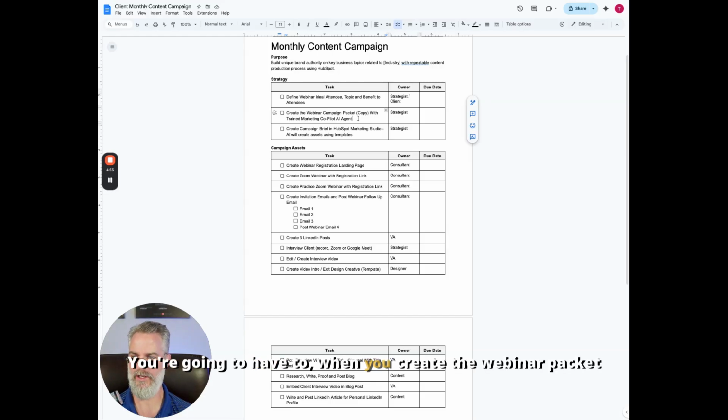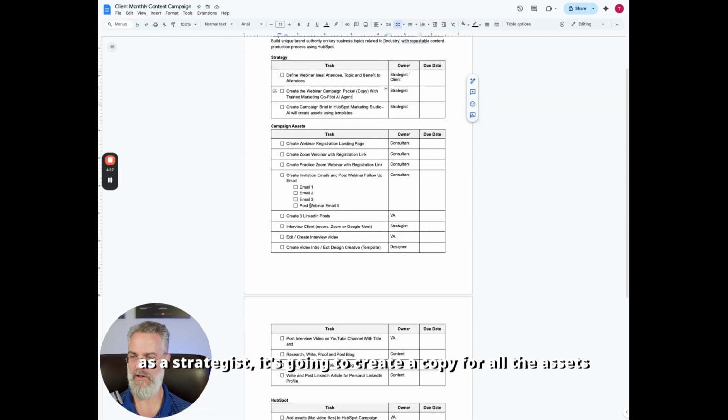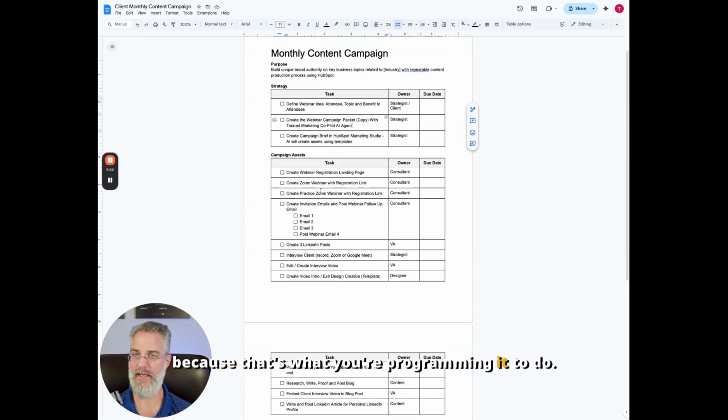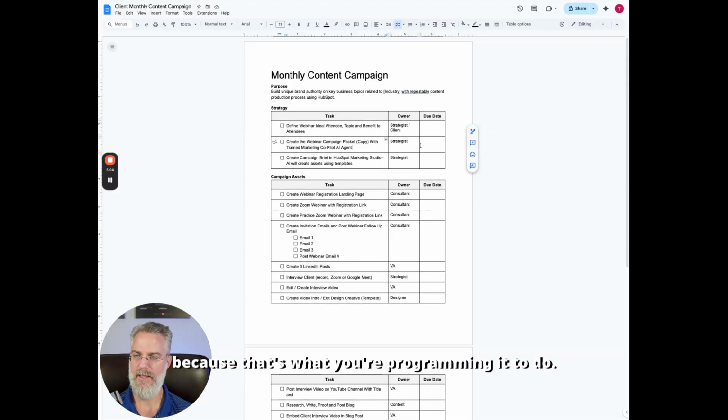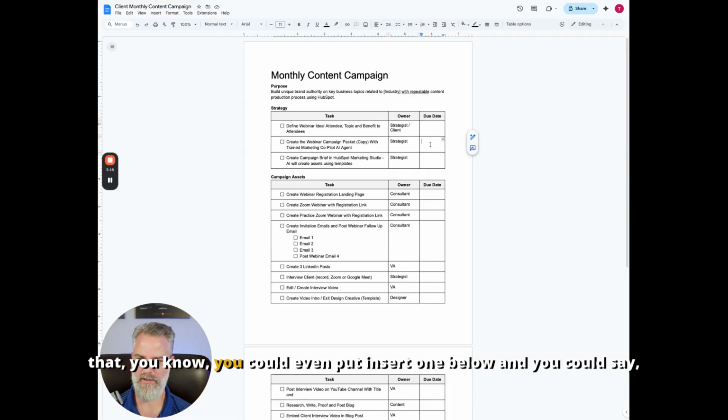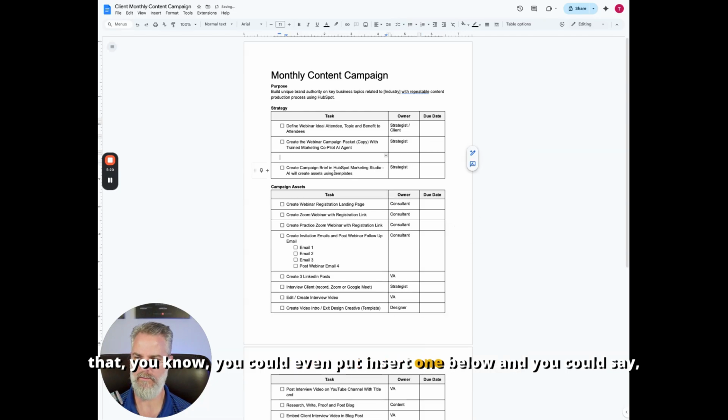When you create the webinar packet as a strategist, it's going to create the copy for all the assets, because that's what you're programming it to do. But you also have to go in and edit it. You have to have human intervention. You have to go in and read, did it produce all of the things that, you could even insert one below, and you could say,